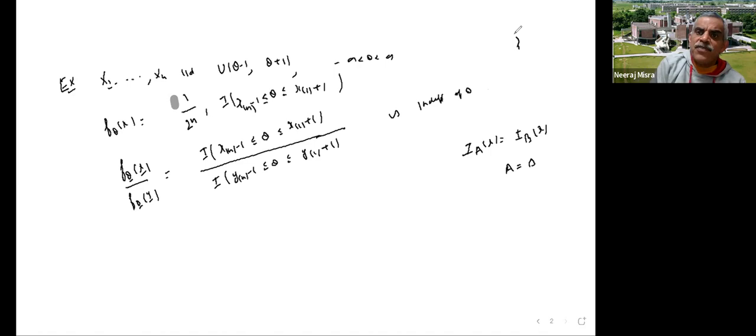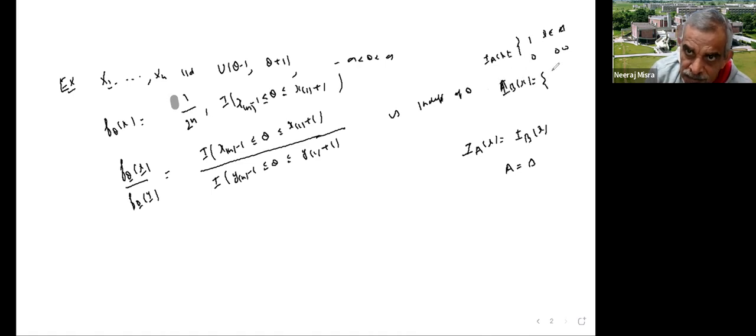Because the indicator I_A(x) is 1 if x belongs to A, 0 otherwise, and I_B(x) is the same, 1 if x belongs to B, 0 otherwise. I_A(x) is the same as I_B(y). That means when it is 1, it is 1. That can happen only when A is the same as B. So this is independent of theta